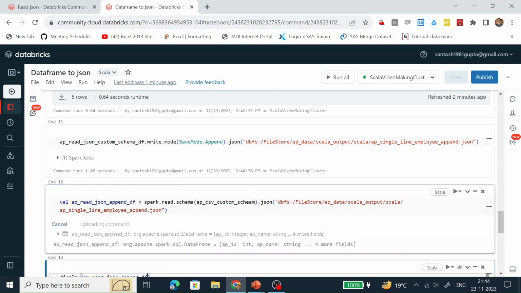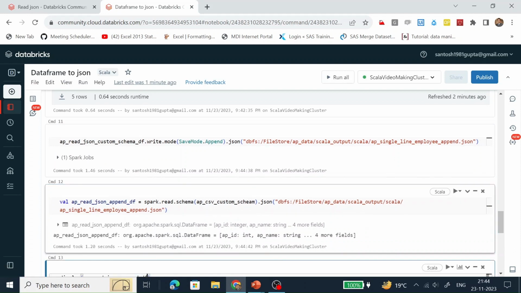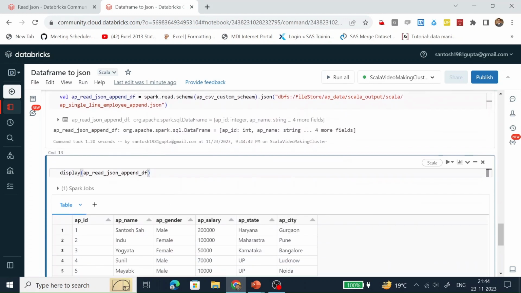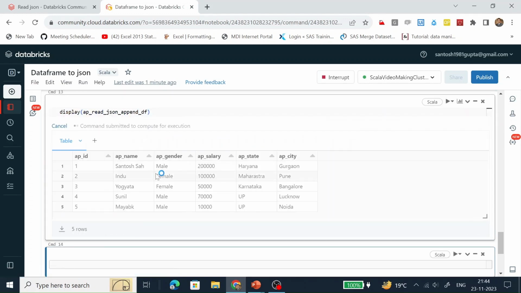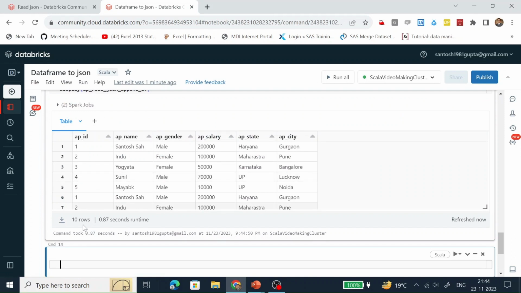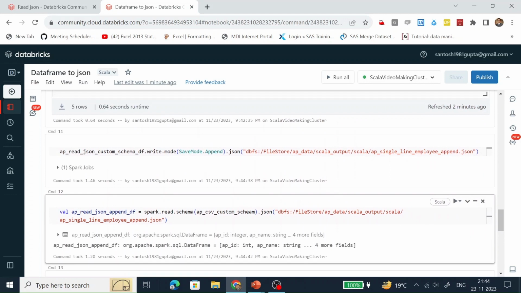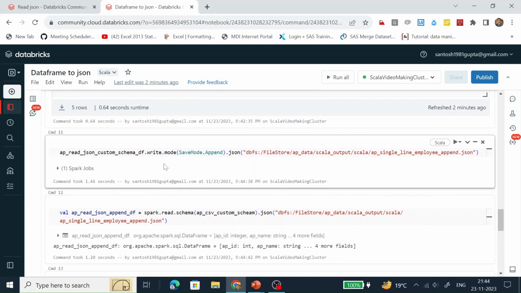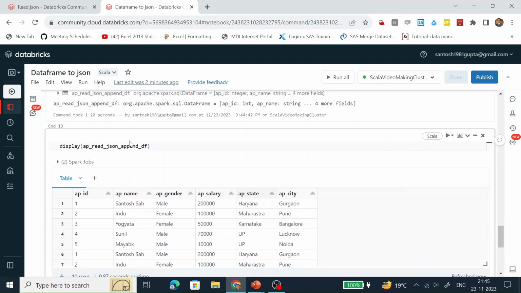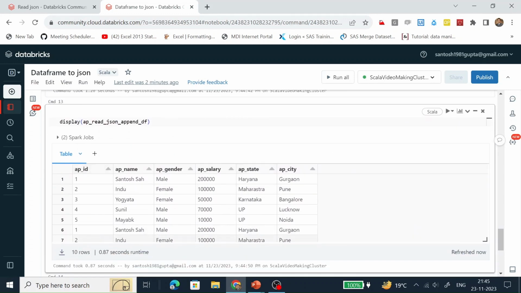Now let's read the JSON which has been created, and now the record count would be 10. 5 records are present initially, and once we write this data frame again in this JSON document, 5 more records get appended. That's why the total records are 10.